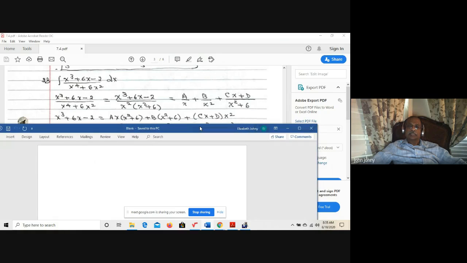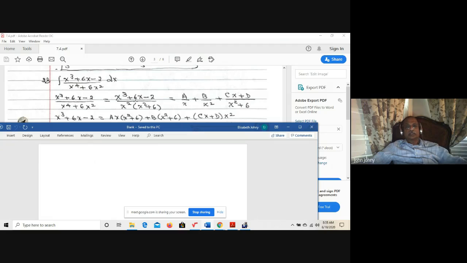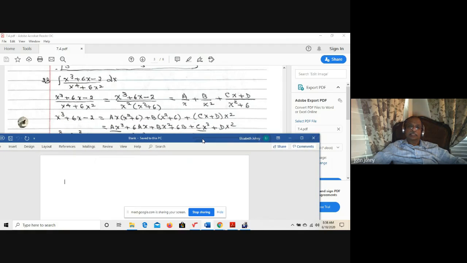Multiply by the LCD, you get x cubed plus 6x minus 2 is equal to ax times x squared plus 6 plus b times x squared plus 6 plus cx plus d times x, distribute,